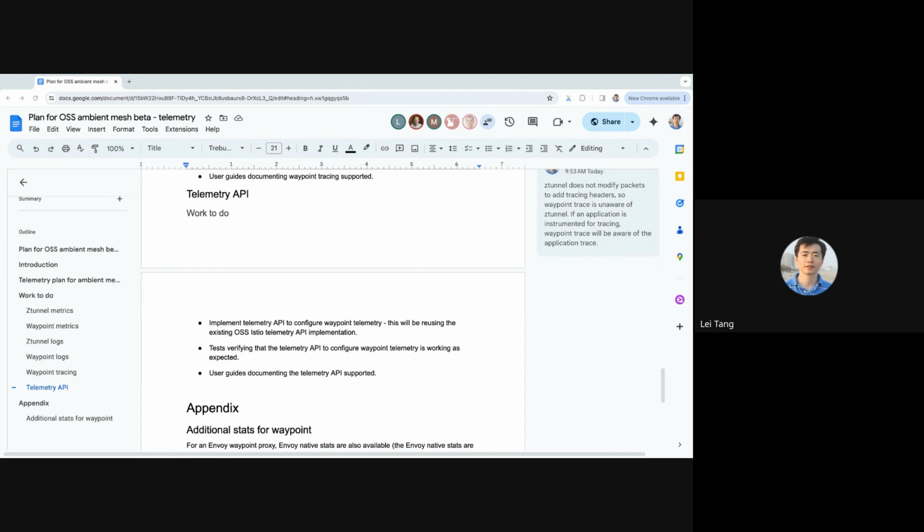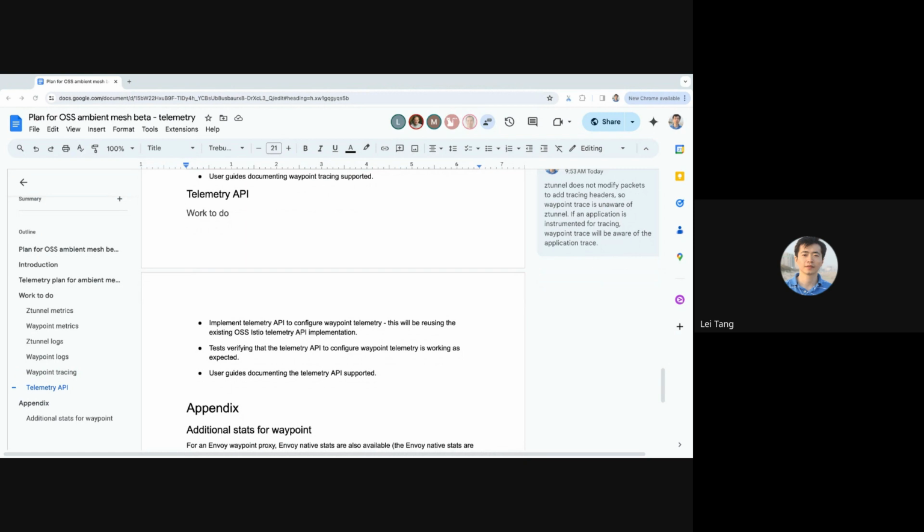In current Istio metrics we have source workload name, source workload namespace, destination workload name, destination workload namespace, and also source canonical service name, etc. But I don't think it has a protocol type label.